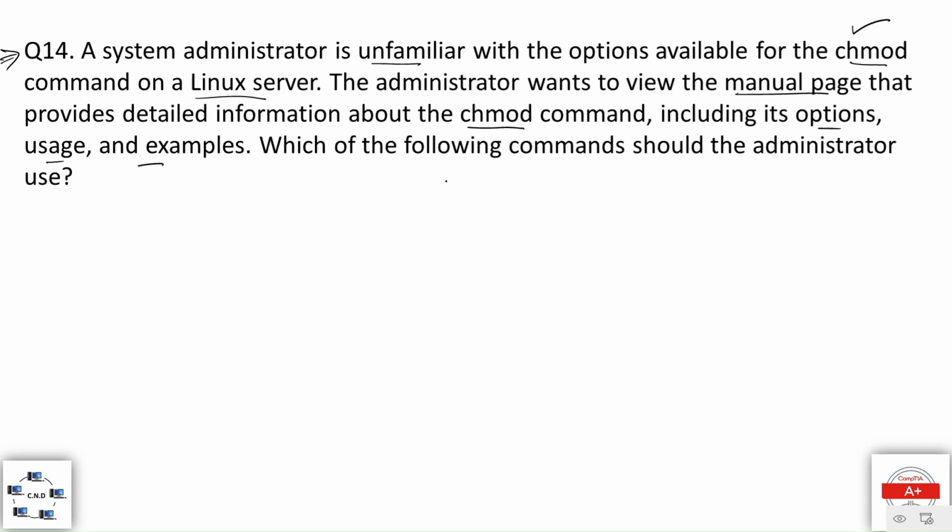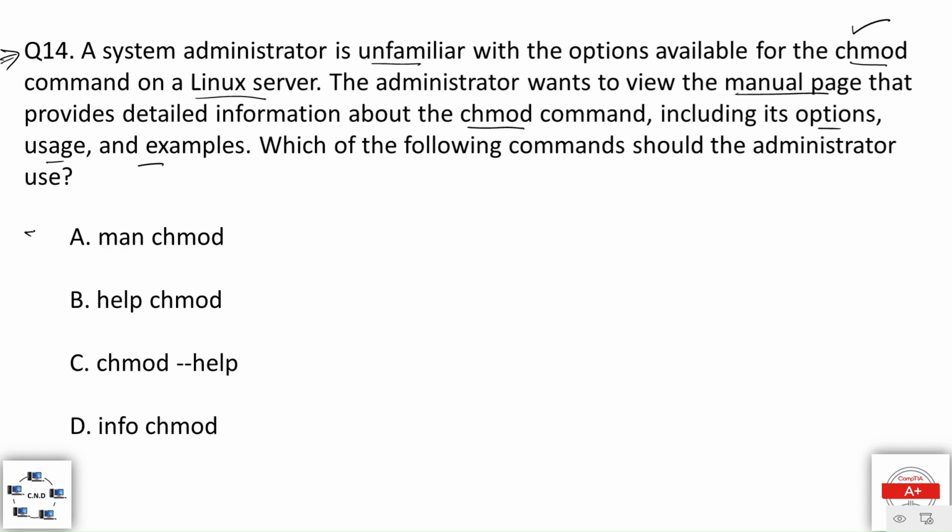So the question is that let's suppose there is this specific command and you want to know the details about the command, that how to use it, what are some options that can be used with this command, and what are some examples that show this command in action. So the options are option A, man chmod, option B, help chmod, option C, chmod dash help, and option D, info chmod. And the correct option is, so the purpose of all these commands is to show the detailed information about